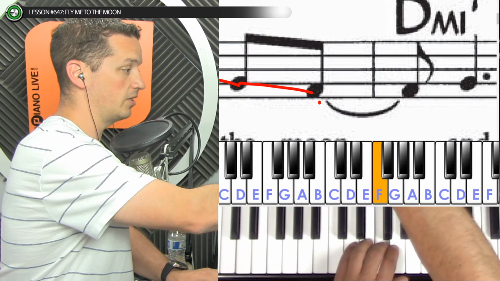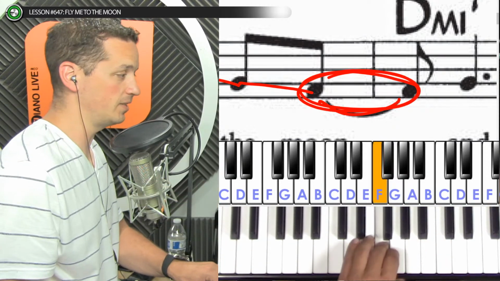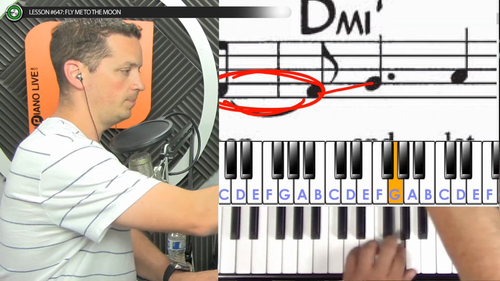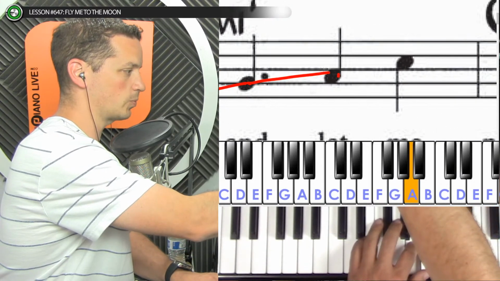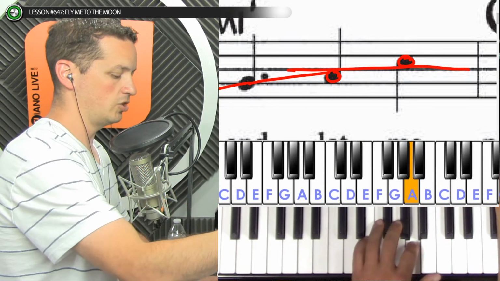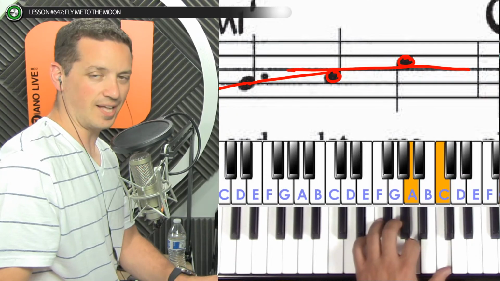Now, this is a tie right here, so you would not play the second note because these two notes are tied together. That's what that swoopy line means. We're just going to hang on to that one. And then we would go from there to there, up one. And then from there to there, up one. And then this one's kind of tricky because we're on a space and we're going to a space, which means we're skipping over a line. So we would skip over a note because that would be on the line. So that's the space and that's the space.